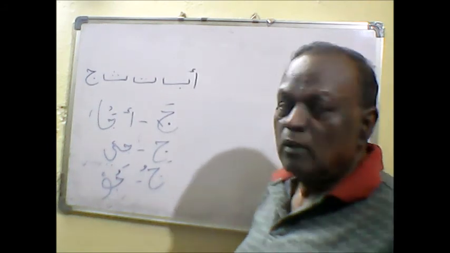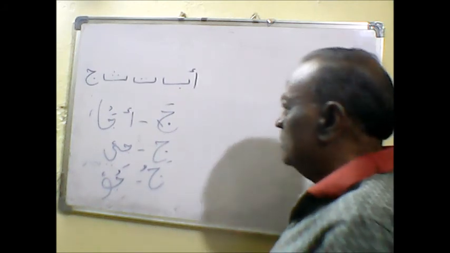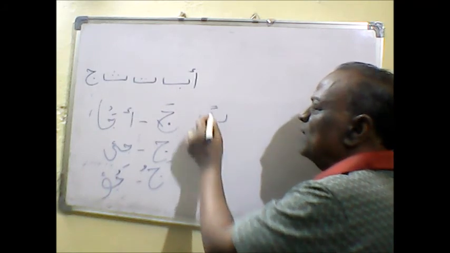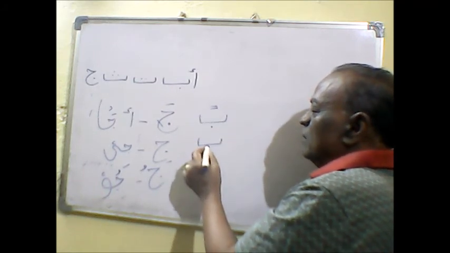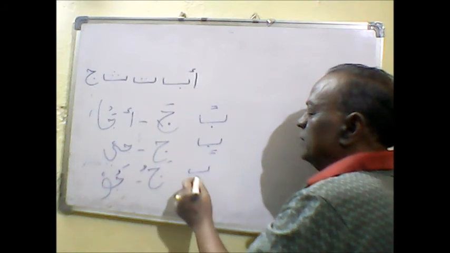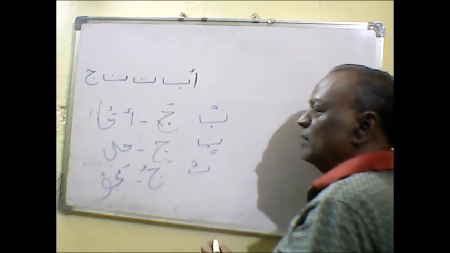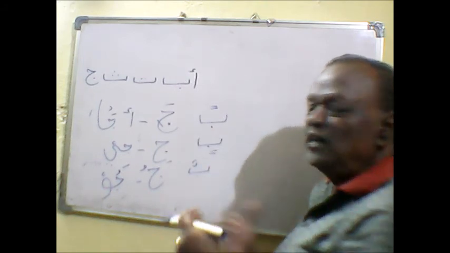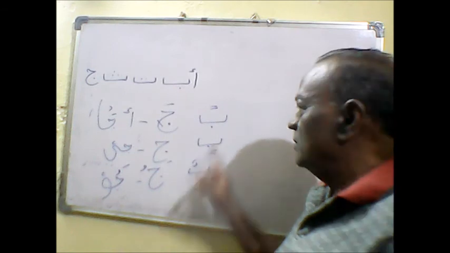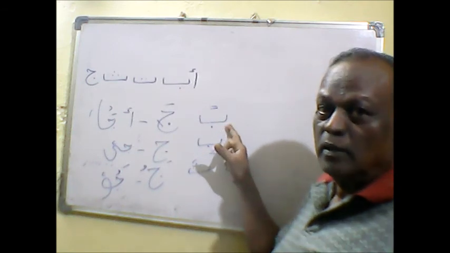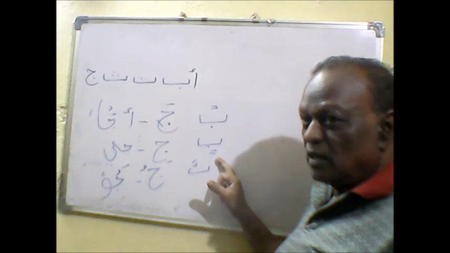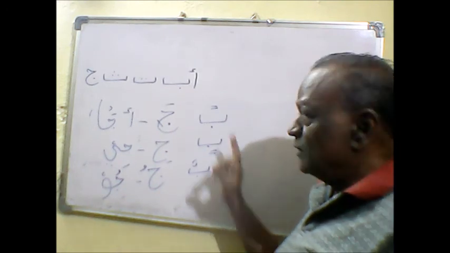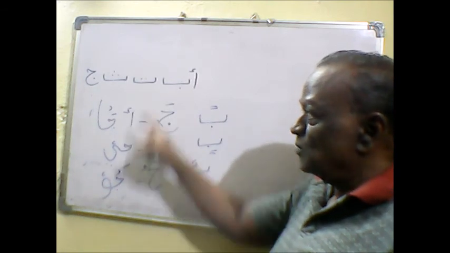So one more lesson is there for the vowels. That is, for example, ba. If you take double fatha, double kasra, double dhamma, these will give an n sound. It's not anymore ba, it is ban. Kasra gives the in sound, bin. This is bun. Ban, bin, bun. Tan, tin, tun. San, sin, sun. Jan, jin, jun.